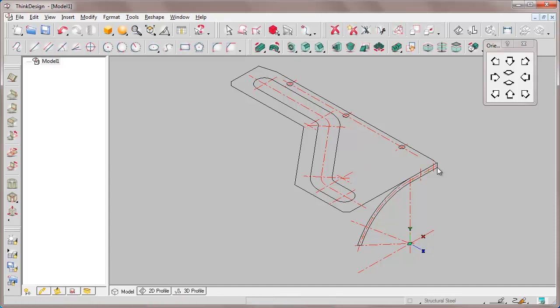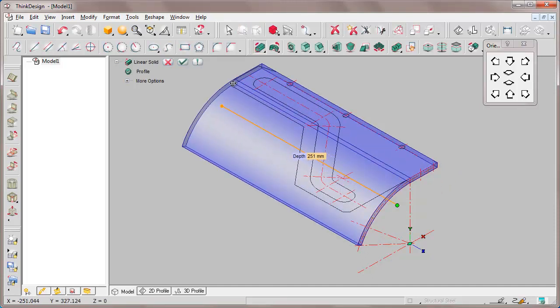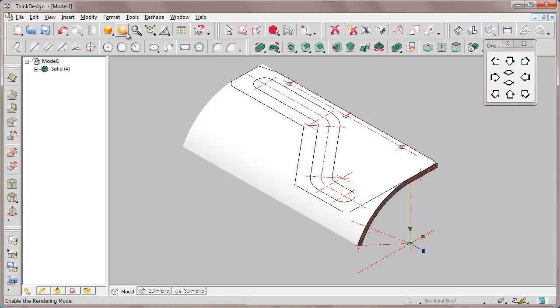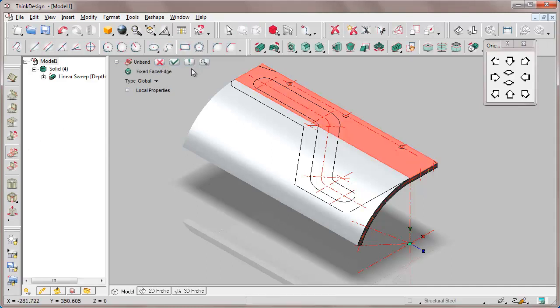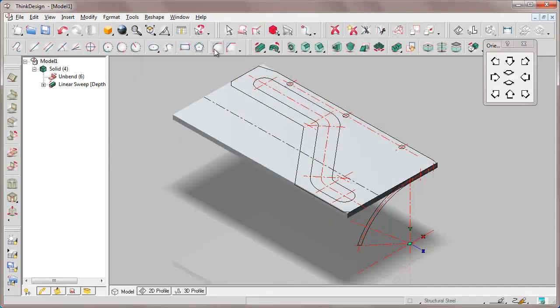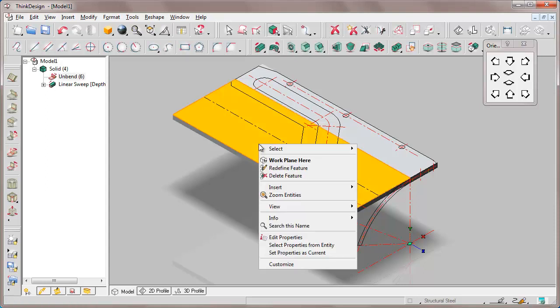Now the entities lie on the XY plane, and we can use them by selecting with the Change command inside the Linear Solid command. We obtained the extrusion direction and its sides by dragging the handle to the endpoint. This object is bended. Let's unbend it by using the Sheet Metal Unbend command. Now the entities lie on a plane. We will use the entities belonging to the developed view, coming from the 2D environment.